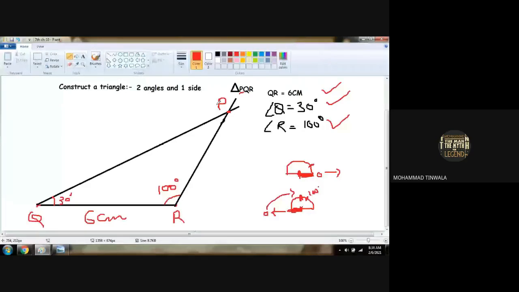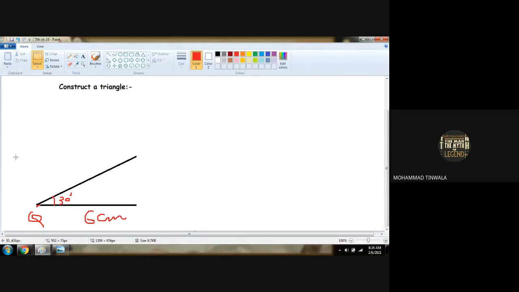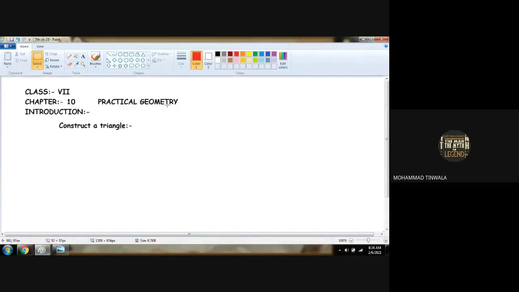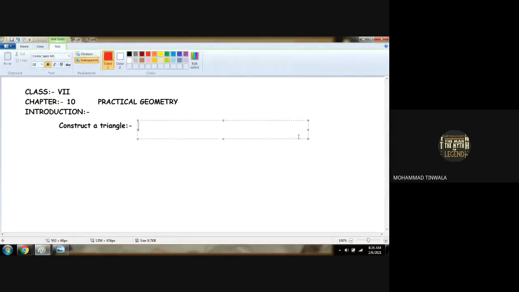Good. Chalo, now our last topic for this chapter. There is no topic after this. So this chapter is easy. Yes, this is what we have to go through and this chapter will be over. Understood? Now constructing a triangle. What kind of a triangle we have to construct? We have to construct the last triangle, that is right angle triangle. Constructing right angle triangle.